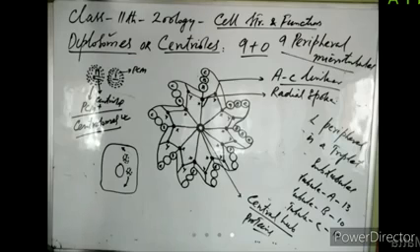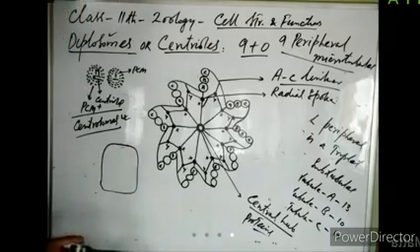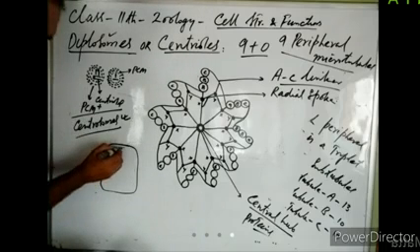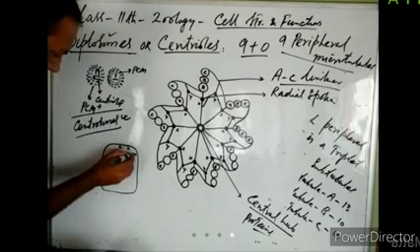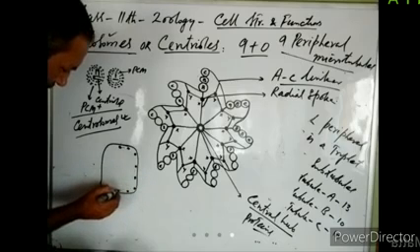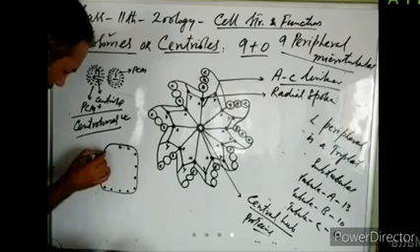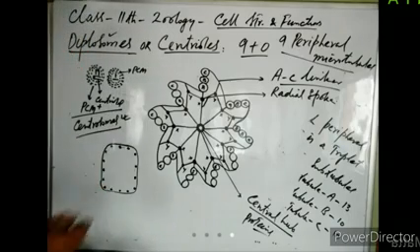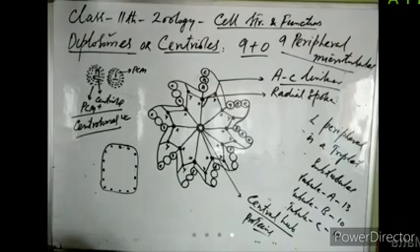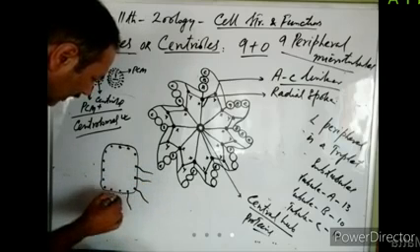In ciliated protozoans and in flagellated protozoans, these centrosomes replicate many times and migrate to lie just below the plasma membrane. What is their function? When they come to lie just below the plasma membrane, they give rise to cilia and flagella. So then they are known as basal bodies.